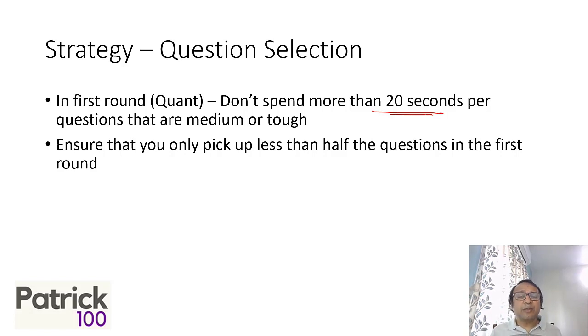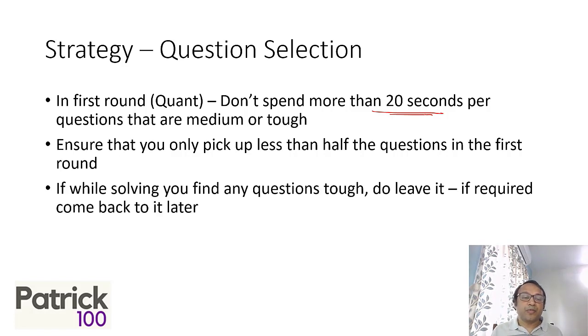The one common mistake people make is trying to solve all the questions. While trying to solve all the questions, they miss out on the last questions which are easy, which is not advisable. Therefore, it is important that you go through the entire paper in 15 minutes, solving the easy questions, and pick less than half the questions in the first round, not more. Depending on your comfort level, and on how tough or easy the paper is, pick up that many questions and solve.